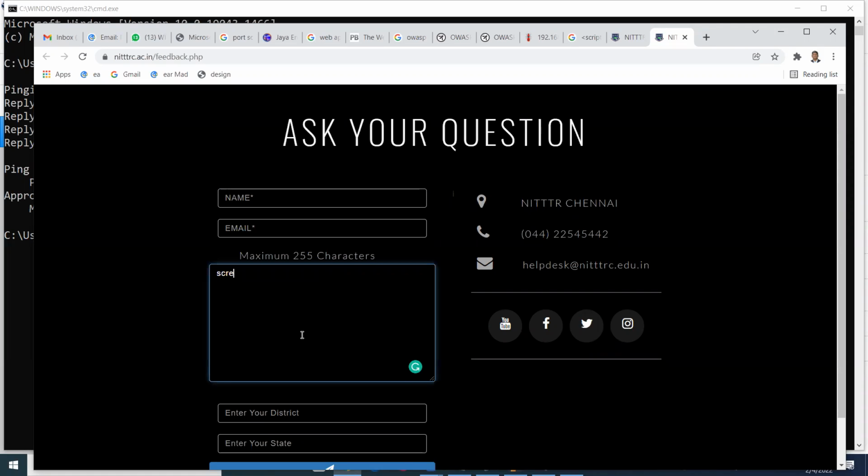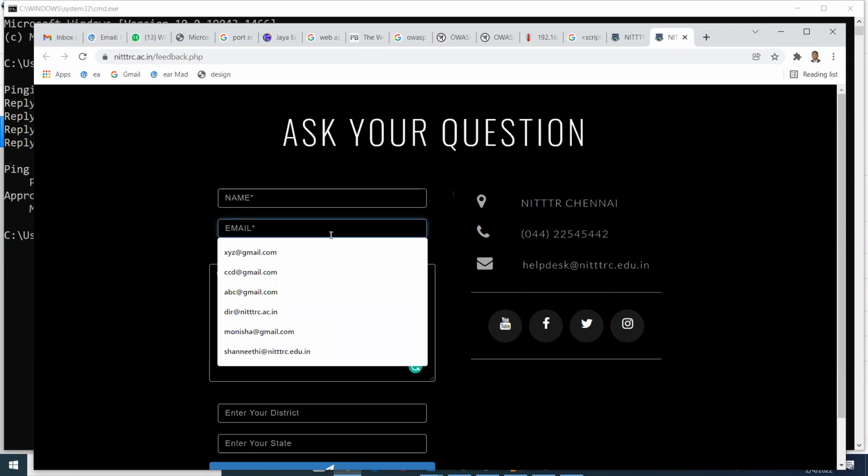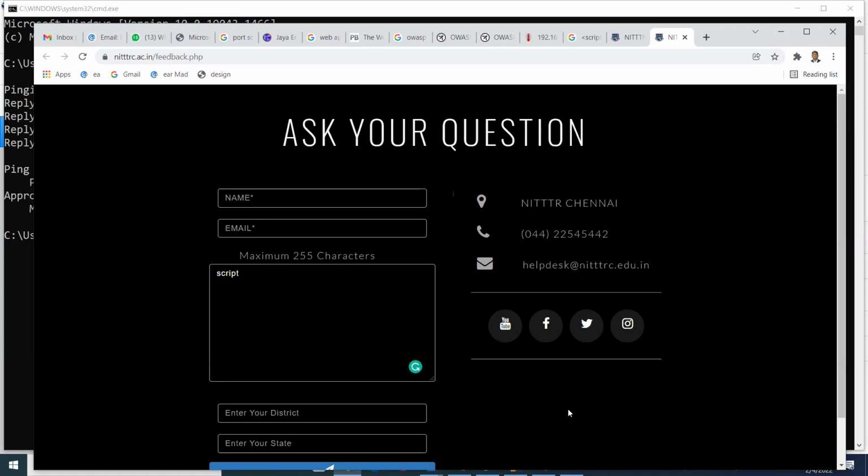So a script I can write. Suppose I put the greater than bracket, the greater than bracket is not coming. So I am filtering. Here also I put the less than bracket, and you see the less than bracket is not coming. So what I did is ampersand,